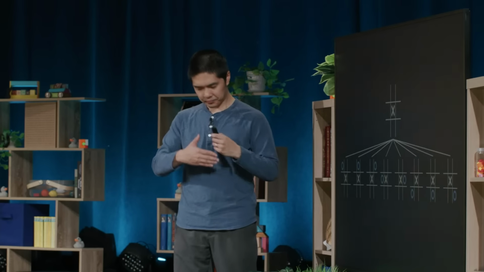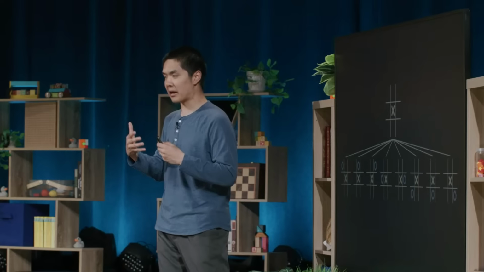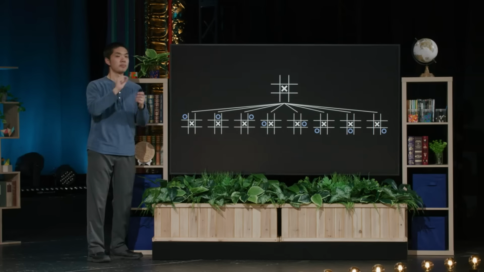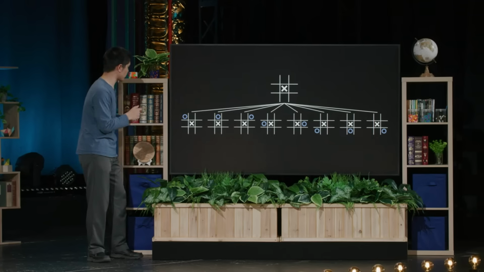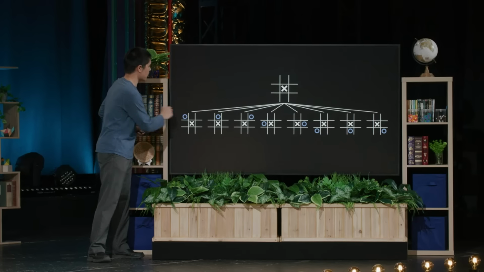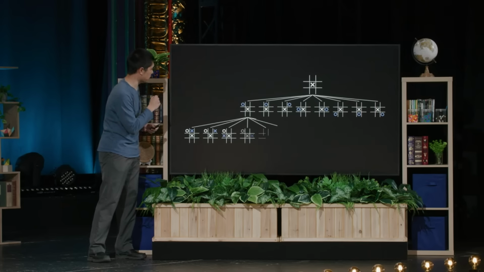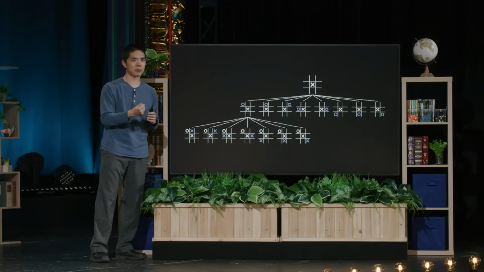And then for each one of those options, what we'll have to consider is all of the possible ways that X might respond to that move. Where if O plays in the upper left, well, then X has 7 different possible places where X could respond to that move. And so this part of the tree will need to branch out even further. We'll need to then consider all of the possible places where X could respond to that move.